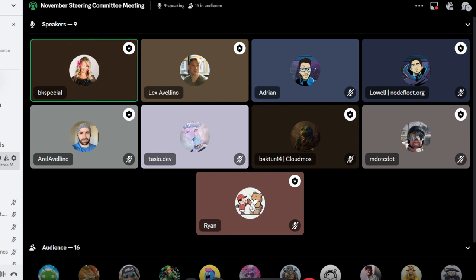Awesome, that's great. And then I don't see James on here, but on the front end side, James's team was working on the NFT staking front end. They had done high fidelity Figma designs, and they were looking to get in touch with the Node Fleet team to get access to the repo once it's available. I understand that there's nothing to really give them access to at this point, but we'll want to have you guys in touch with them so that they can start implementing their designs on the front end once it's ready. But I'm understanding that those things are codependent, so we'll have to wait until there's more progress made on the front end for the marketplace.